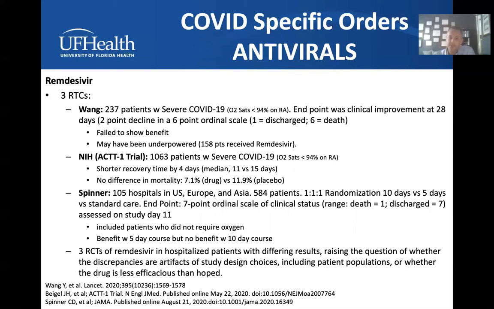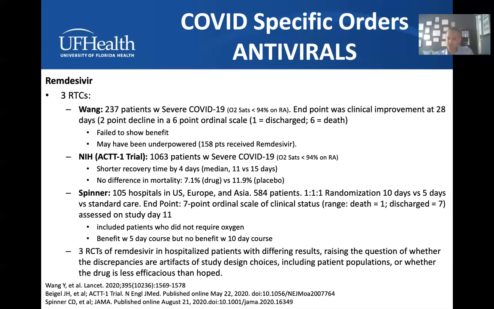The endpoint was a clinical improvement, which was defined as a decrease of 2 points in an ordinal scale from discharge to death. They did not find any benefit from remdesivir, although the study may have been underpowered. The second RCT, called the NIH ACTT-1 trial, is also reviewed in Module 2. More than 1,000 patients with severe COVID-19 disease were randomized to 10 days of remdesivir versus placebo. Primary outcome was time to recovery and discharge from the hospital. This study was unblinded early due to data showing early recovery in the remdesivir arm by 4 days, but